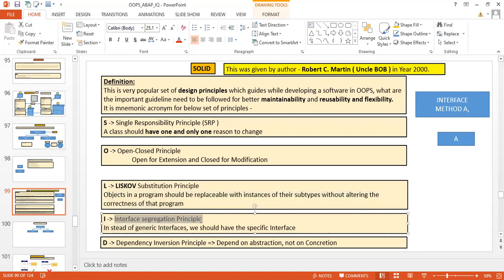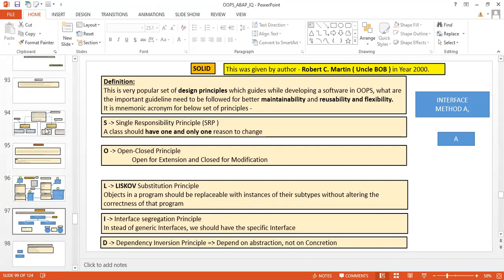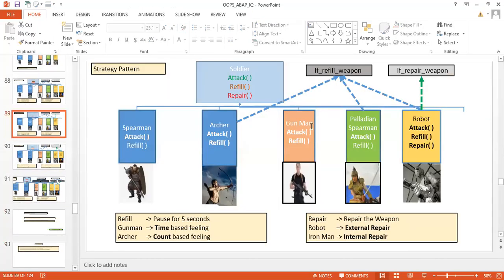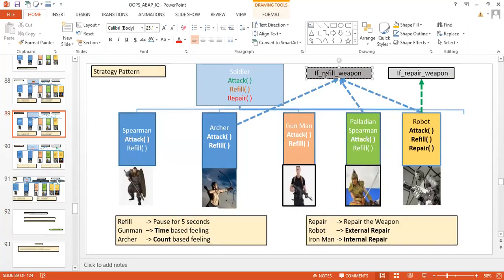Interface segregation principle: instead of a generic interface, we should have specific interfaces, right? It is not like you put all the methods in one interface. You put the set of related methods in one interface. Here you can see we created one interface separately, refill weapon.